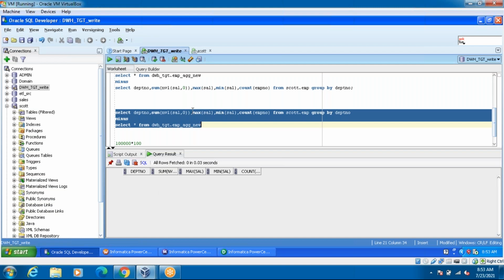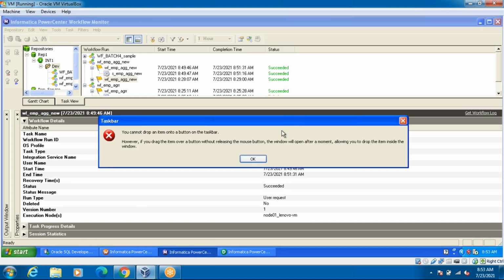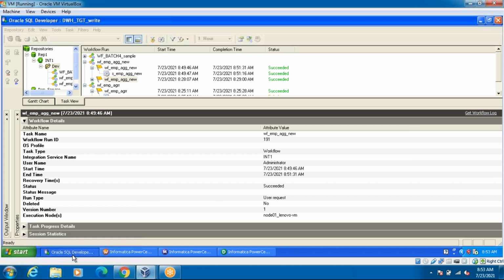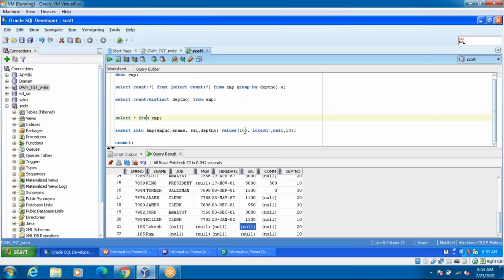If anything is unmatching, then it will populate the data. For example, I have added one more record, the 107 record, some 5,000, in the 20 department.